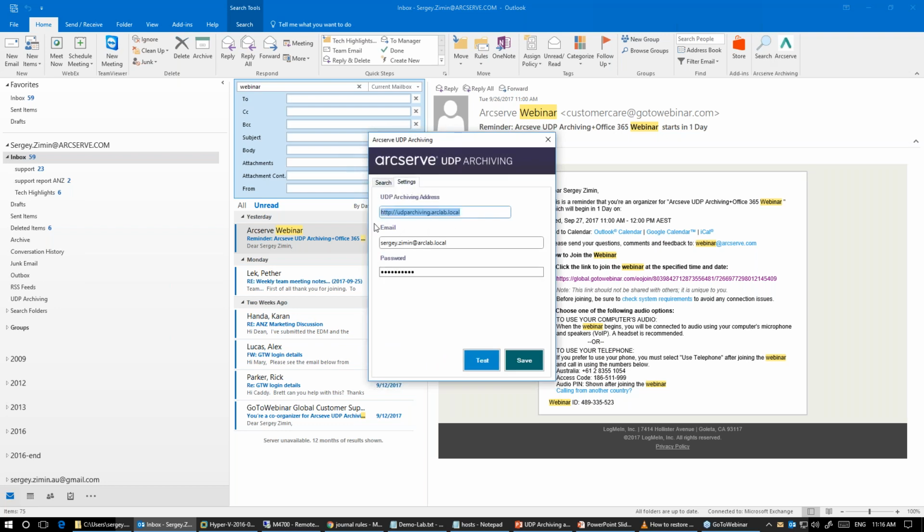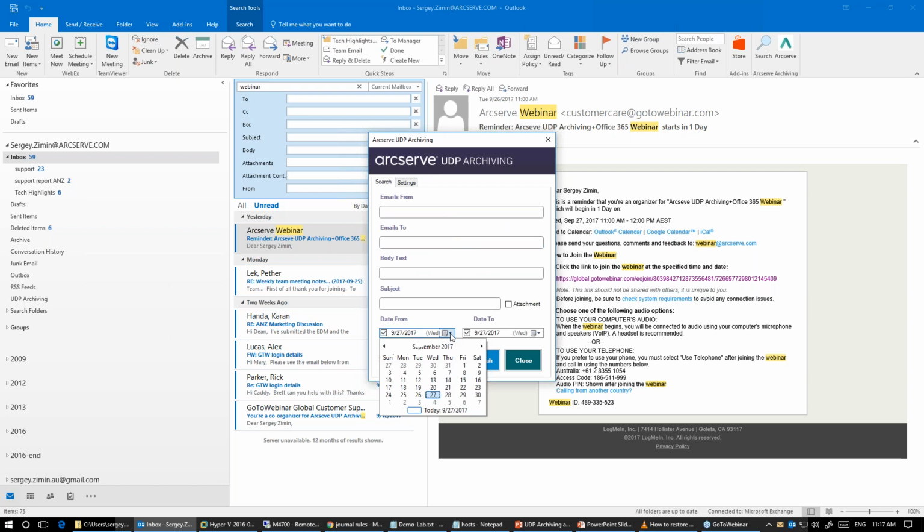First, we need to configure it, provide the address of this UDP archiving virtual appliance, and provide credentials. So this is my own mailbox. And I can start searching content which has been archived.